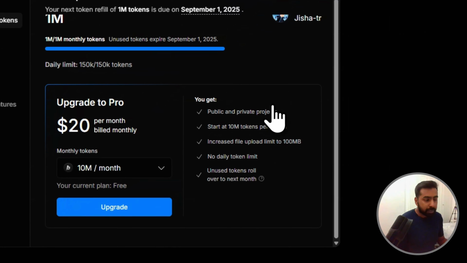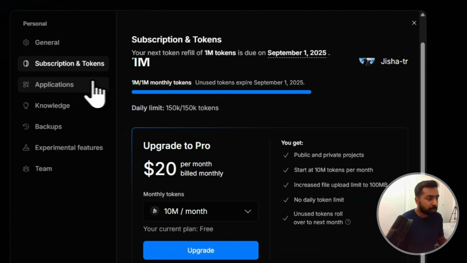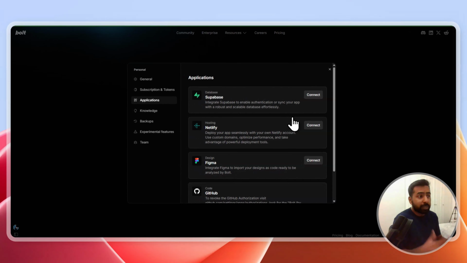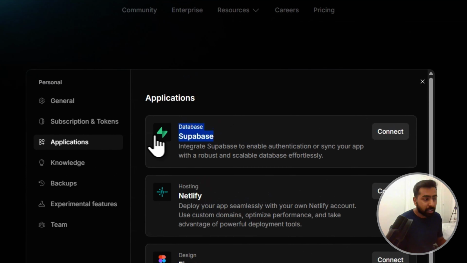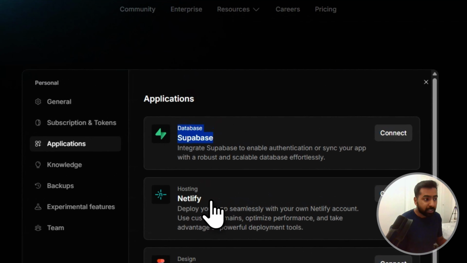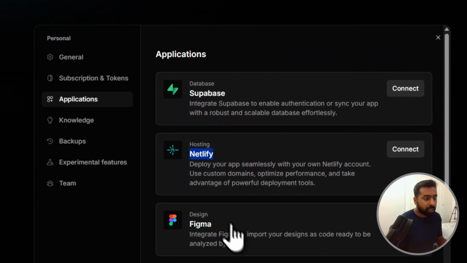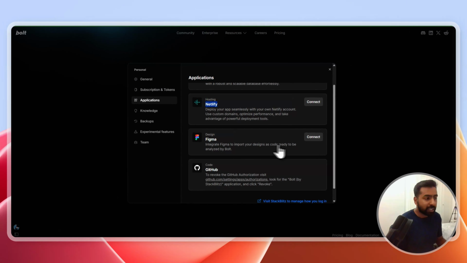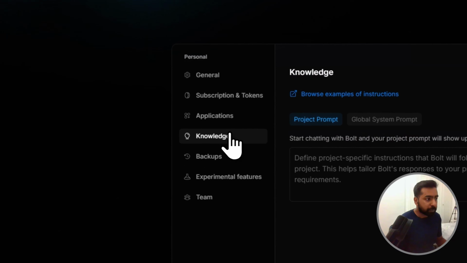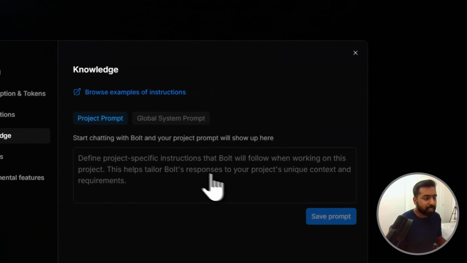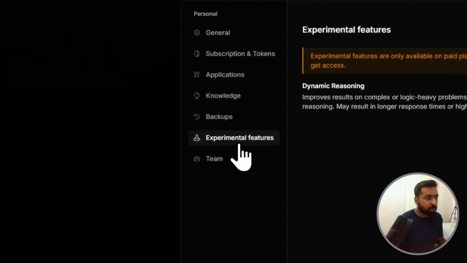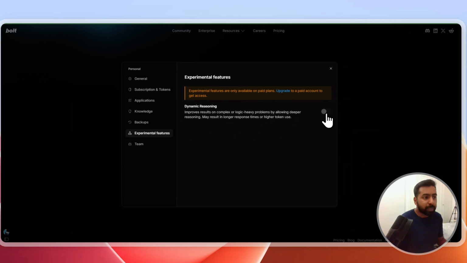Now, you can connect to your private and public repositories, and you also have a couple of other options. For example, if you want a database connected, you can use Supabase. If you want to focus on Netlify, you can use this one. And if you have an existing Figma design, you can connect to it, and it's pretty easy to do that. You can also see some existing prompts out here, and you can enable experimental features,